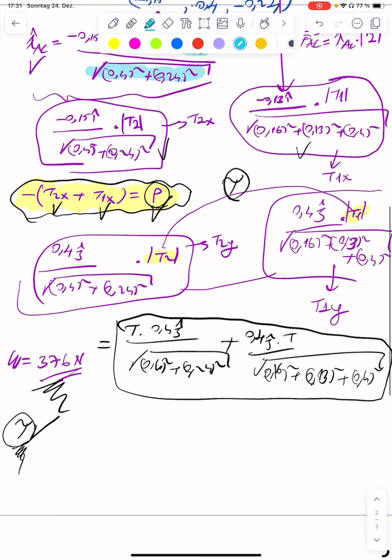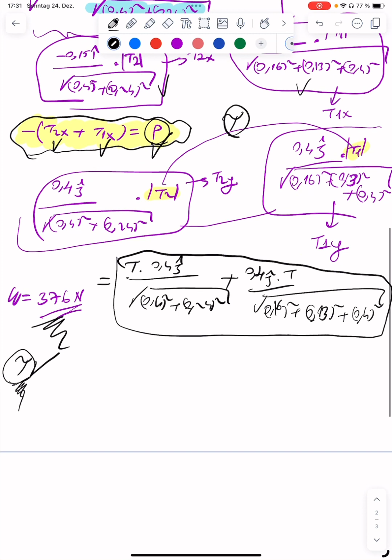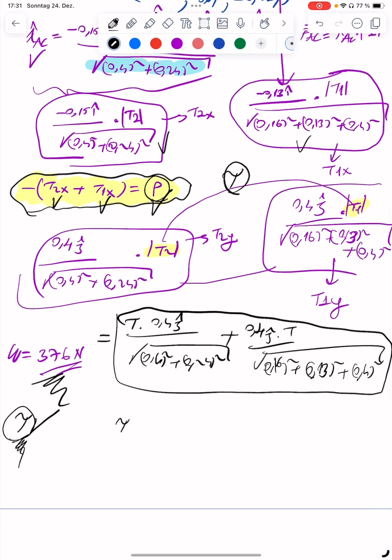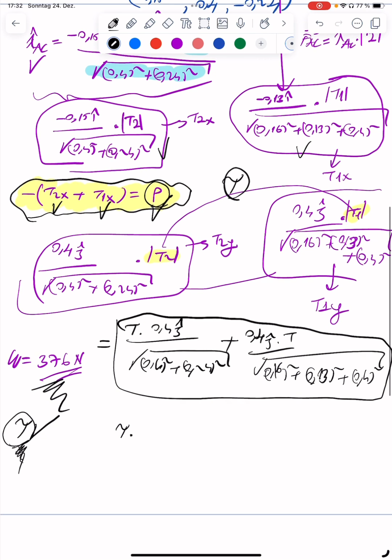So again, we can write T, because T1 and T2 are equal to each other. So T cross